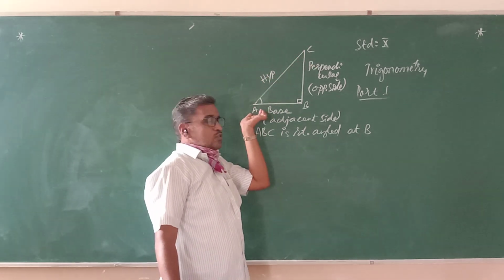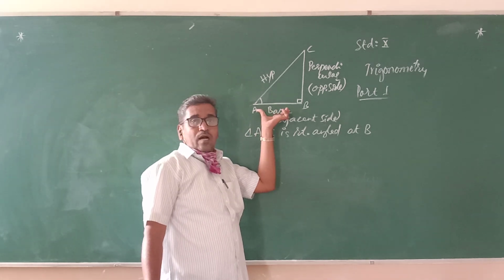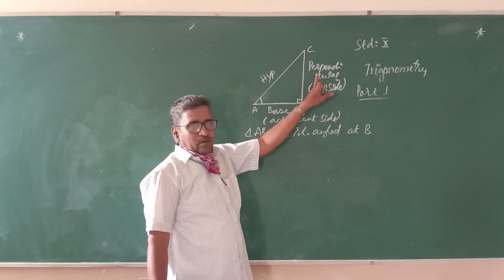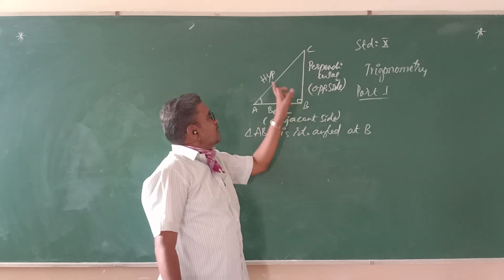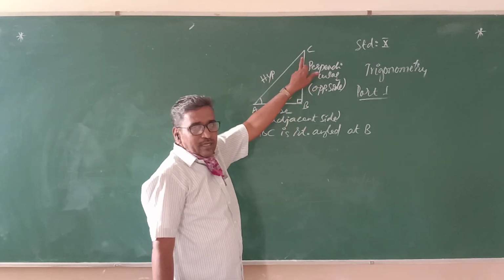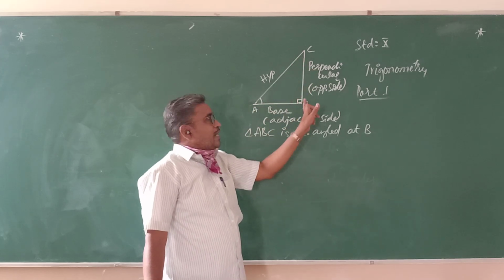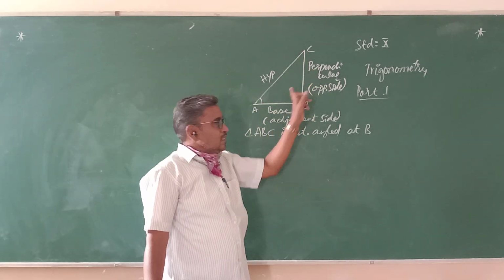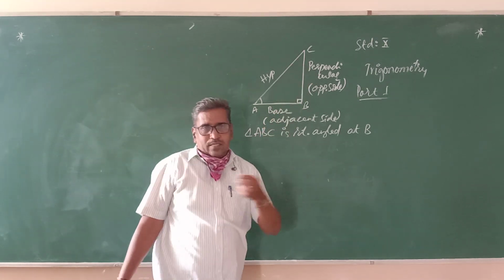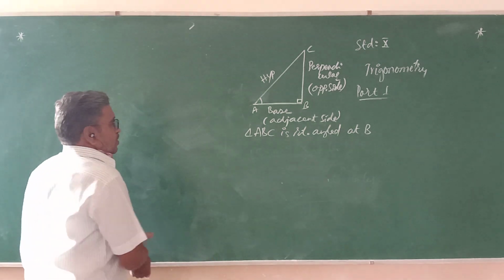The side next to the angle you are going to mention, which contains the right angle, is always said to be adjacent. Related to angle A, this is base, this is perpendicular or height, and this is hypotenuse as usual. And if it is concerned with angle C, at that time angle C contains the right angle B, so it is adjacent, meaning base. This is opposite related to angle C, hypotenuse as well. So now we are going to have some relations between the sides.